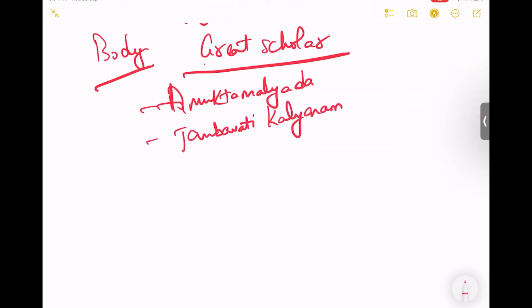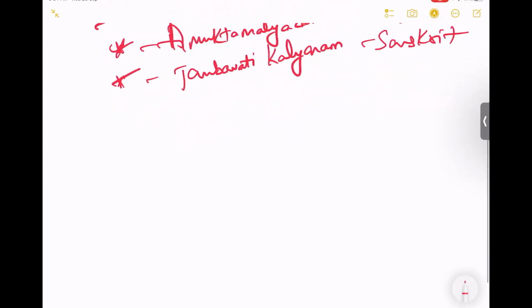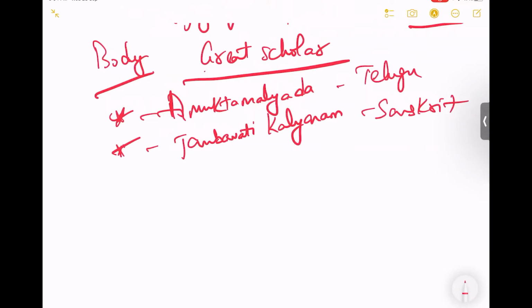So all these are greatest. Amuktamalyada is a classic written in the Telugu language. This is in Sanskrit language. So he himself is a great scholar, a great writer, and he has written these two classics in these two languages. And also you can next interrelate, saying that he has patronized